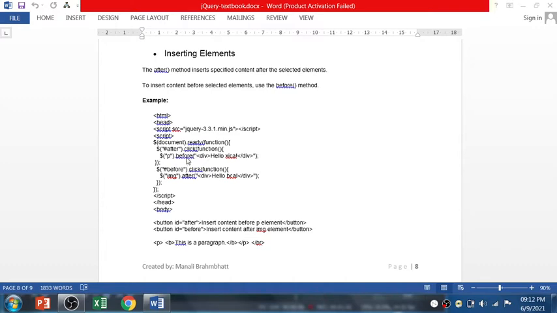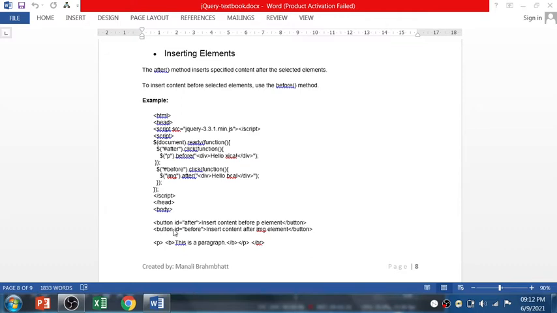So what you want to insert, you want to insert a division tag with the text hello Zika. So before the paragraph tag, after clicking on this button, it will insert one line. What line? That is hello Zika. So there will be text before this paragraph line. And see the closed curly bracket, and then after there is hash before, right? So it's a before ID.